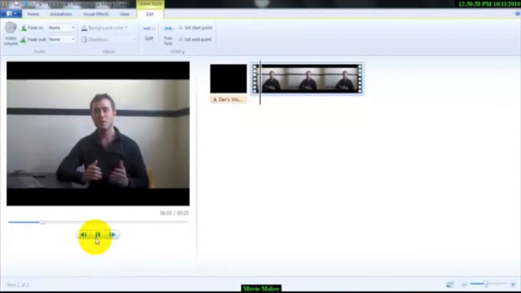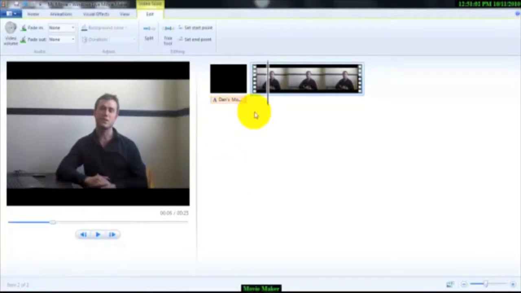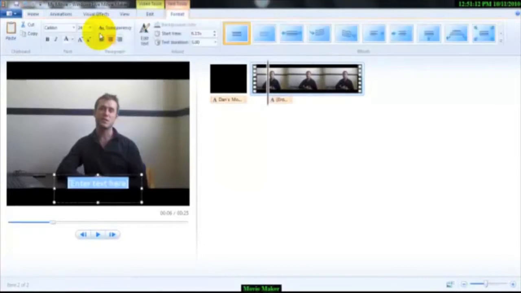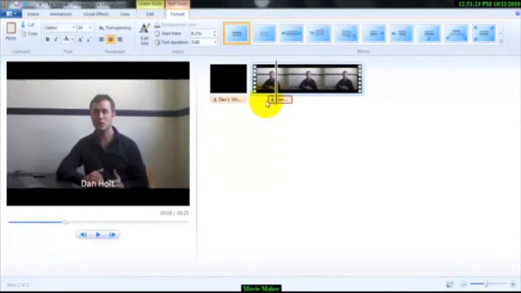In order to add a caption, first of all, put the black line on the timeline where we want the caption to appear. And then we're going to find the caption option. A text box will appear. We can then type in whatever we want. The other thing we can do here, if we quickly play that to preview it, is move that caption box around. So if we want it to appear later in the video, we just pick it up and drop it a little bit later on.